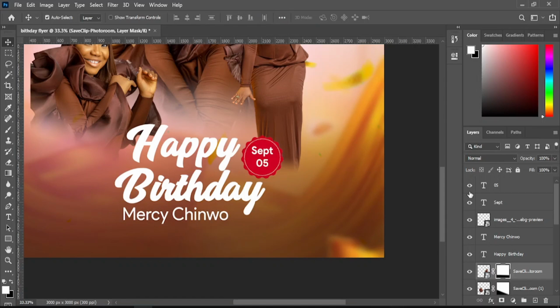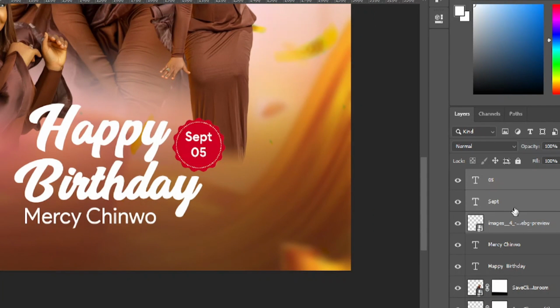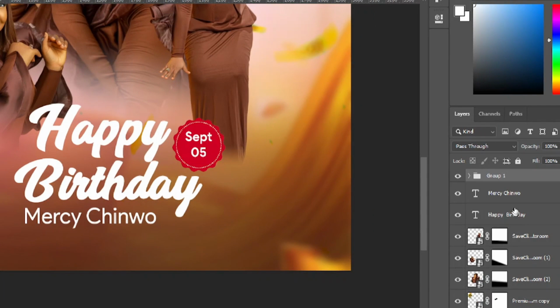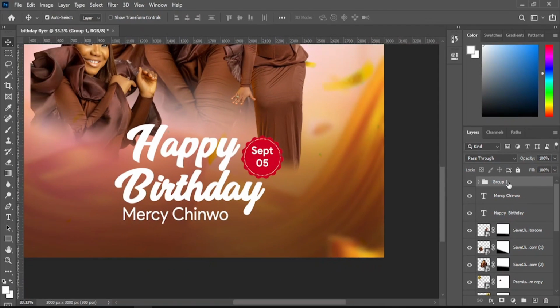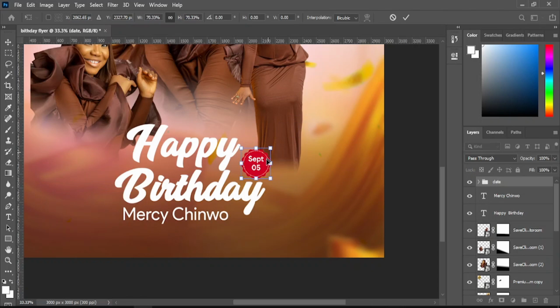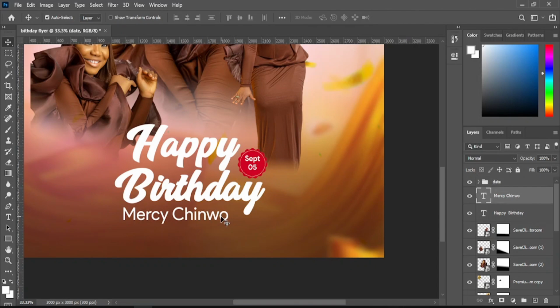Now we can turn this on, and we can also group it, select all. Let me zoom. So select all like that and Ctrl G to group. So there we have the date. We can also rename the layer to date, so we can turn it and bring it down back. Yes, reduce its size a little bit. So we have happy birthday message,